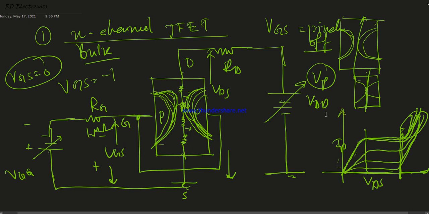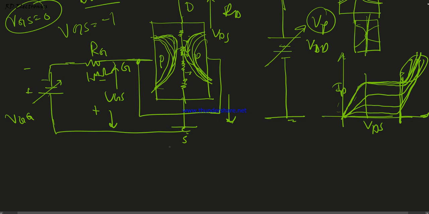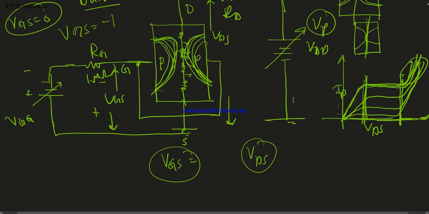And students, please remember that in a JFET, junction field effect transistor, there are two pinch offs. One is VGS pinch off, for which no current is flowing, that means current equal to 0, and the other is known as VDS pinch off, for which the current is saturated, a constant value. So here appears VDS pinch off, and when no current is conducting through the junction, it is known as the pinch off condition. Okay, this is very, very important.